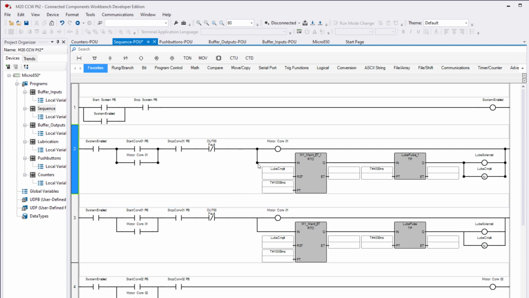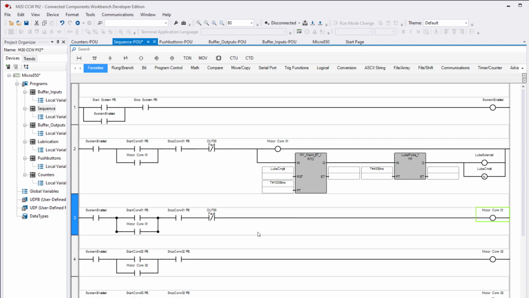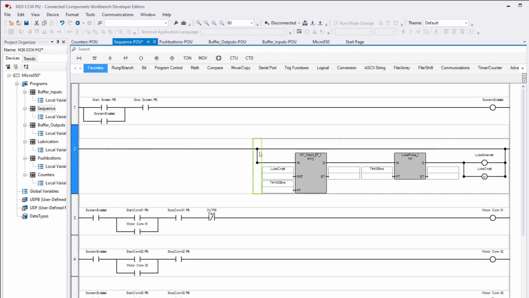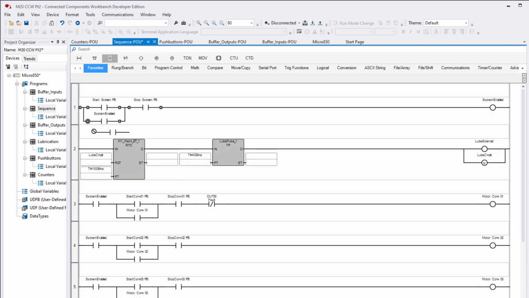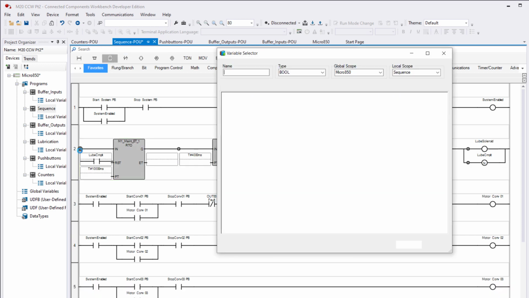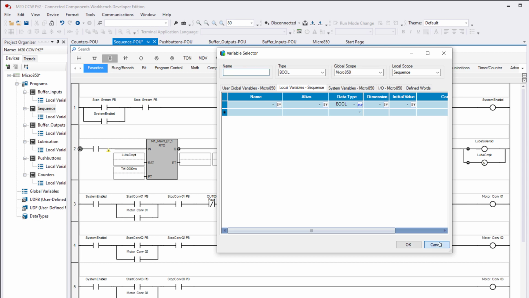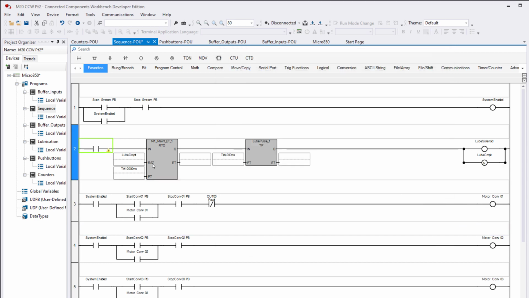On this one, we deleted that logic. Then up here we're going to delete the motor conveyor and all of this logic. What that leaves us, we need to add in an instruction that looks at motor conveyor 1,